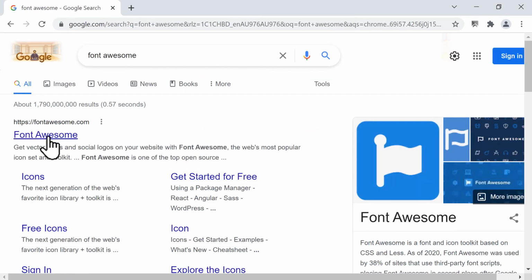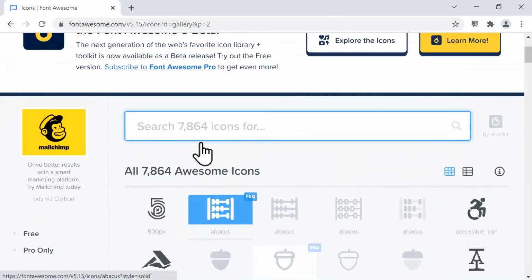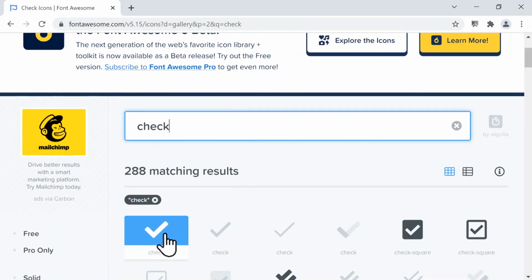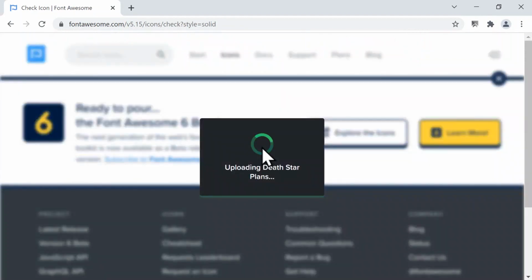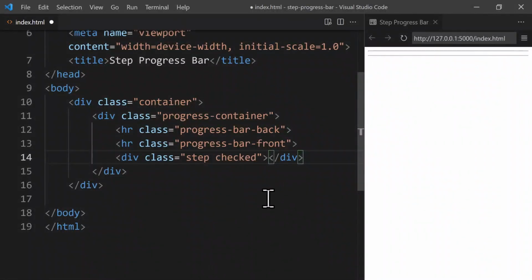And here in the first result, fontawesome.com, we click on icons. And you can see a lot of icons. First, we search for check. So we get the check one, the check icon. You can copy the code, which is the I tag with the class of FAS and FA check. We click to copy the HTML code, and we go back to the Visual Studio Code and we paste it